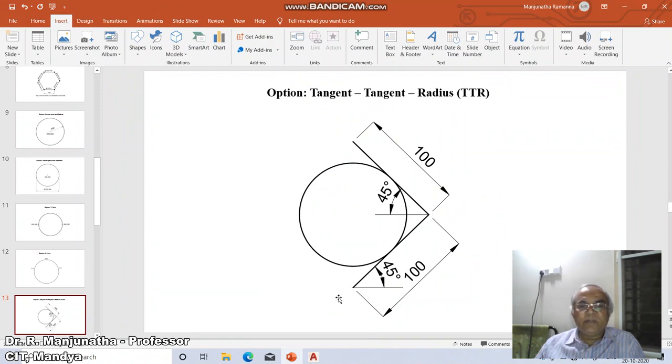Here I will consider 200, 200. Since the distance is given and the angle is given, we can go by the relative polar coordinate system, or we can take any arbitrary point and from that point draw this line. Again we have the distance and the angle, so we go by the relative polar coordinate system.